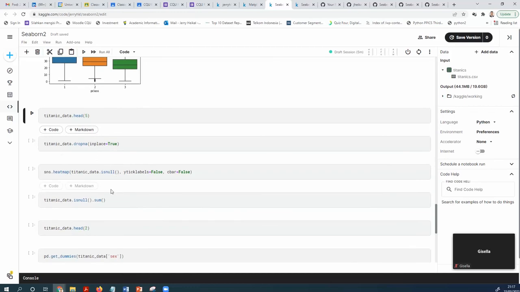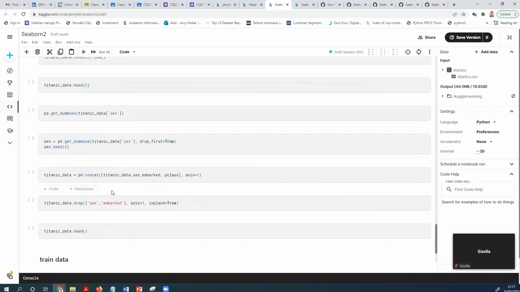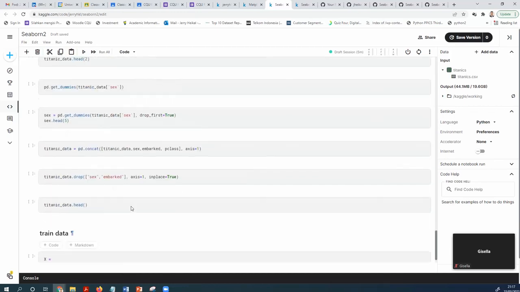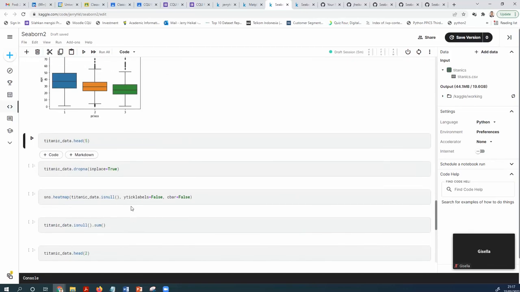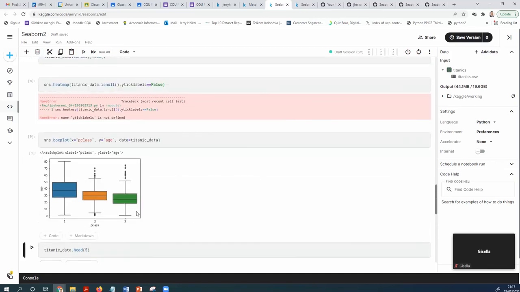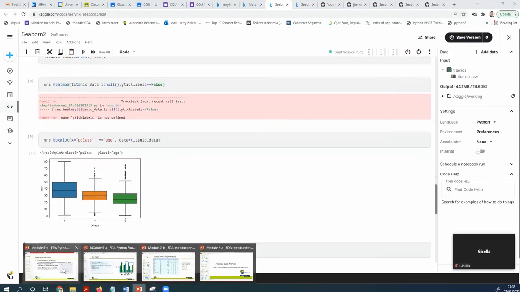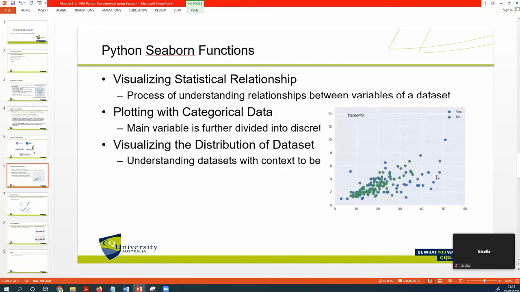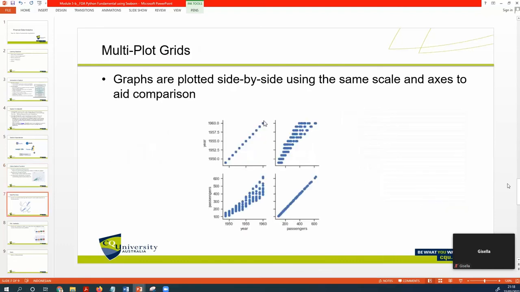Okay. Where is the other Seaborn? Okay, so that is how to use the Seaborn. Can you be using box plot and count plot? Okay, so let's continue a little bit. So this is the Seaborn function.